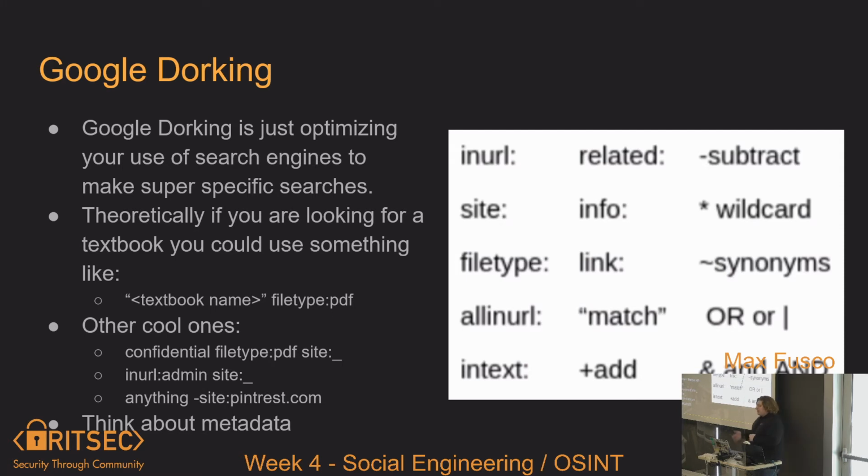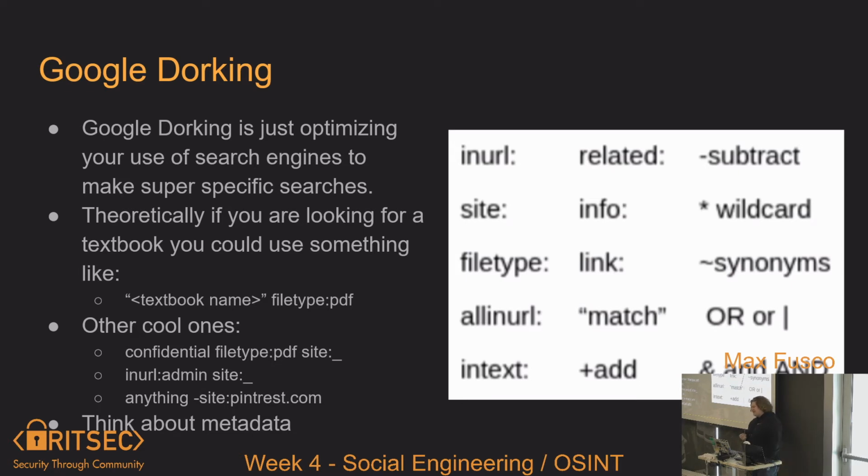And then looking at some of the Google operators: intext checks if something's in the text. Site filters down to a specific site, filetype filters down to a specific file type. All these are pretty simple. Allinurl is very similar to inurl, but I think it's just a lot more strict. Again, intext, is it in the text of the document? Related, that's like if you want to look up a duck, but you also want to see geese maybe, or I don't know if that's not specific enough, but stuff like that. It's just saying, hey, also use any synonyms for this. That's the other one actually, but it's very similar to that.